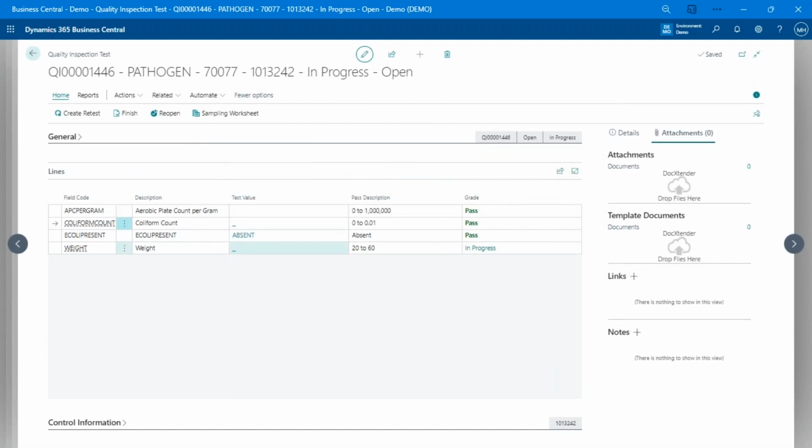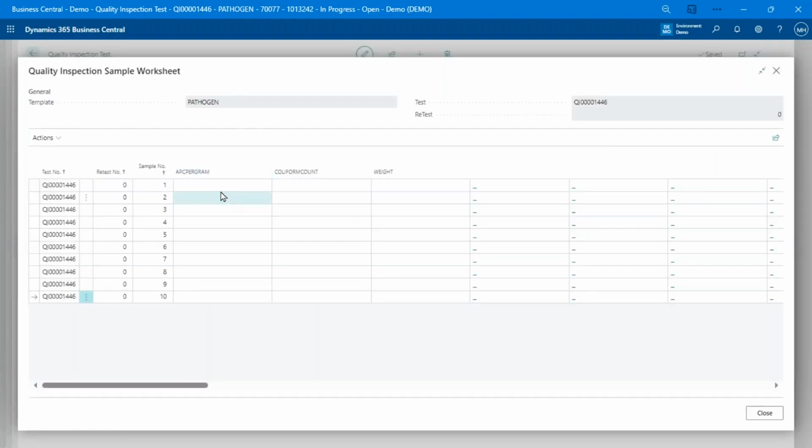For the rest, where we have to do sampling, I can use a sample worksheet. And what that will do is it'll allow me to enter the values here. I can't remember the tolerances. So if I'm doing one sample, I can enter all 3 values for that sample across. And here's the 10 samples that I've defined. I can go in and list all of those samples here. And if I enter something that's out of spec, it's going to indicate in red that it's a failure.